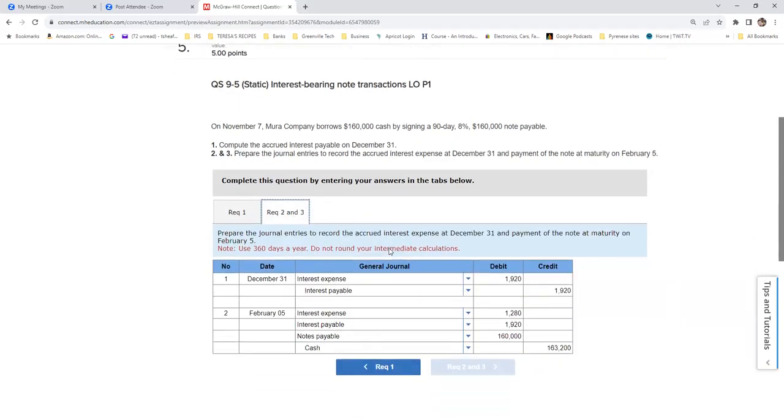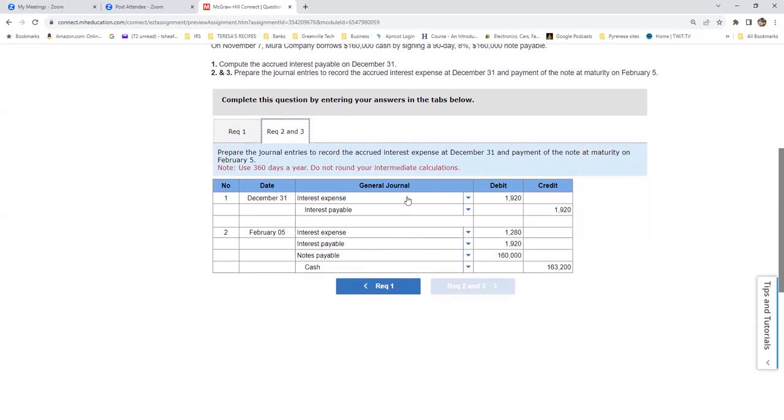So to capture the interest expense this year, we're going to debit interest expense on that first amount we calculated for 54 days, and that's $1,920. And we're going to credit interest payable, $1,920. Why is it a payable? Well, we're not going to hand over the cash until the note is due, and that won't be until February